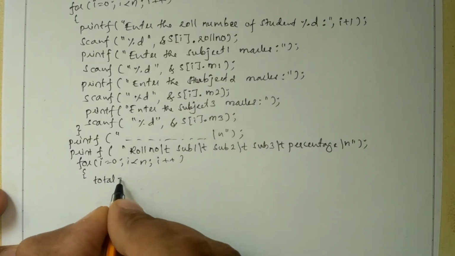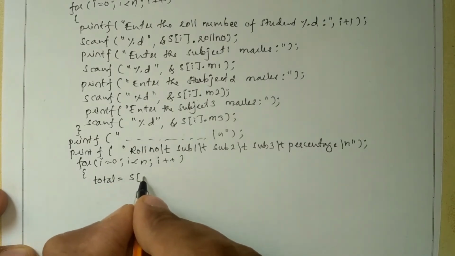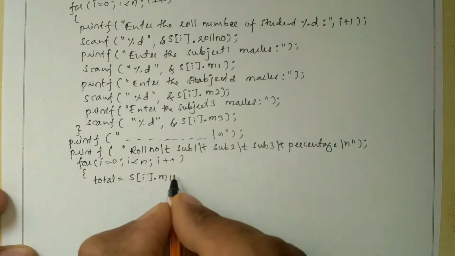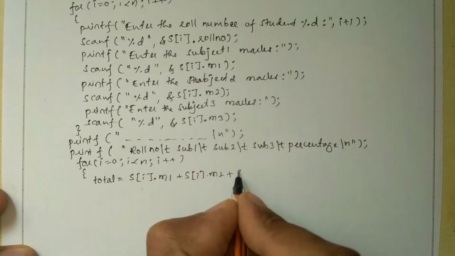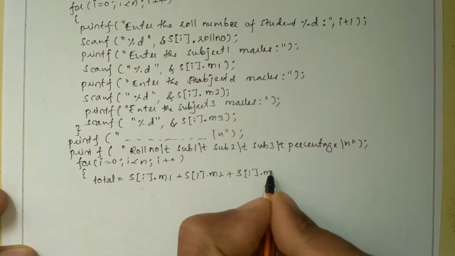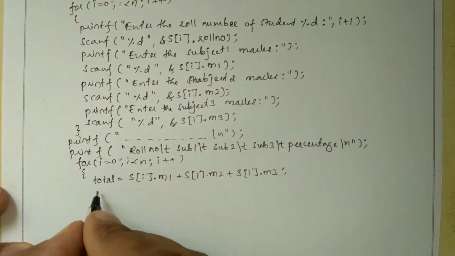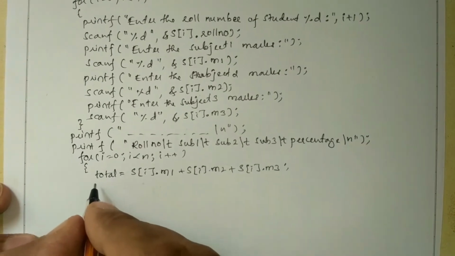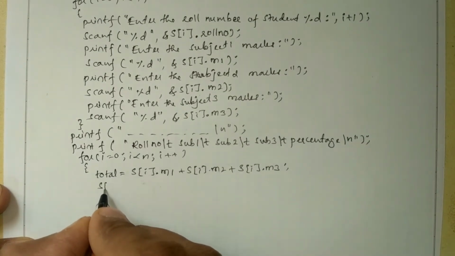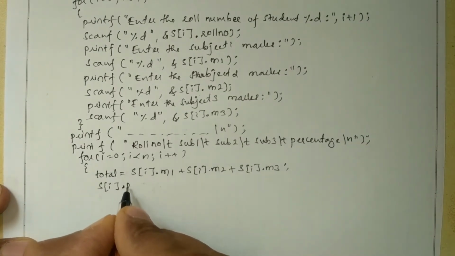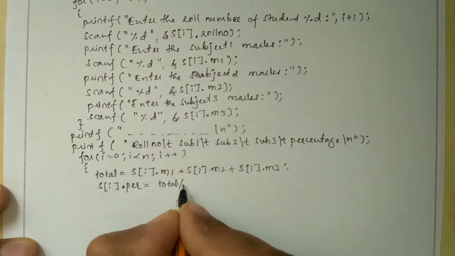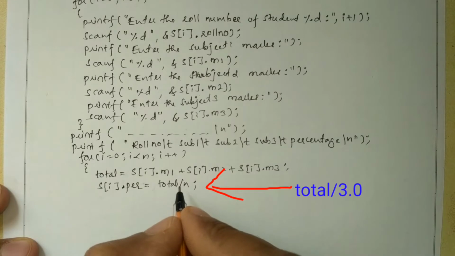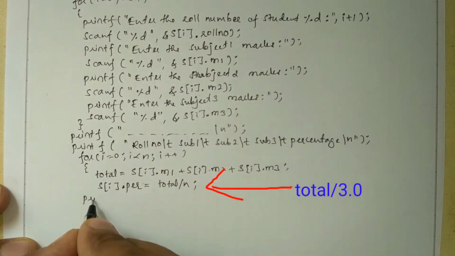So here we'll write total is equal to s of i dot m1 plus s of i dot m2 plus s of i dot m3 and put semicolon. Next, I want to calculate the percentage. For that, what I need to write, s of i dot percentage is equal to total divided by number of students. Next, we'll printf